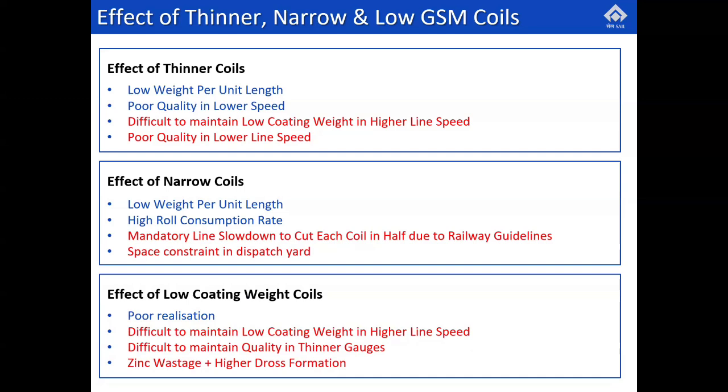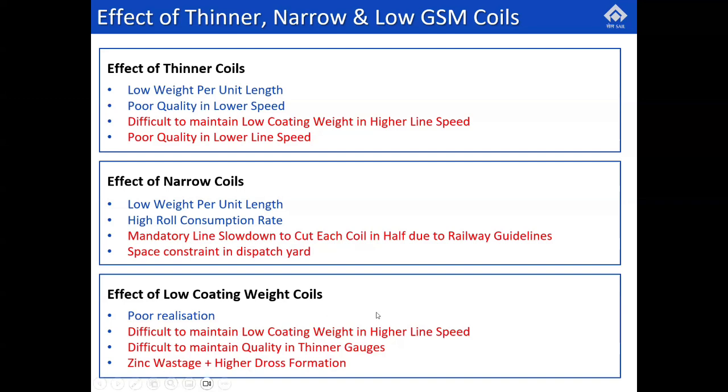But for 95% of the cases, we produce 80 GSM, which is towards our lowest GSM. So due to the lower zinc coating, the realization is poor. It is very difficult to maintain a low coating weight at higher line speed, for reasons I have already explained. It is difficult to maintain quality in thinner gauges, and there is also zinc wastage and higher dross formation